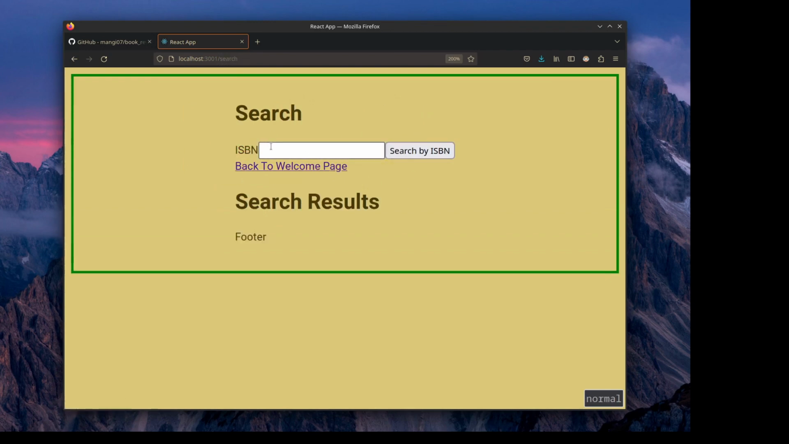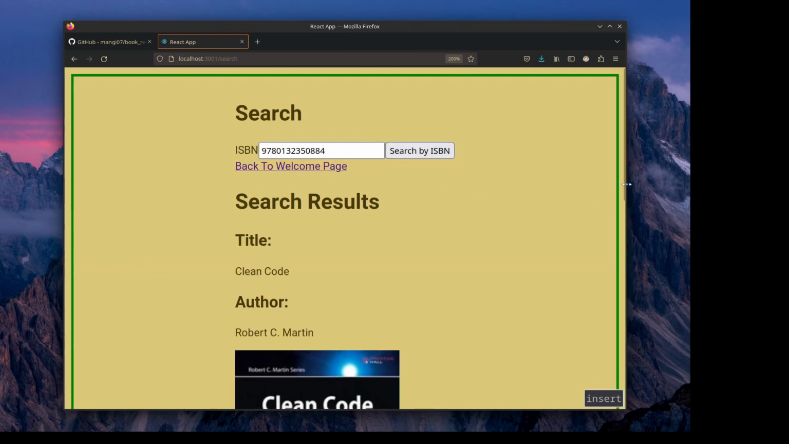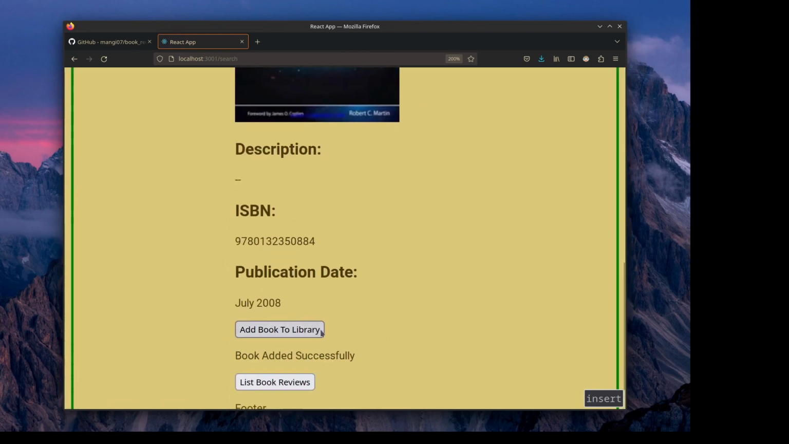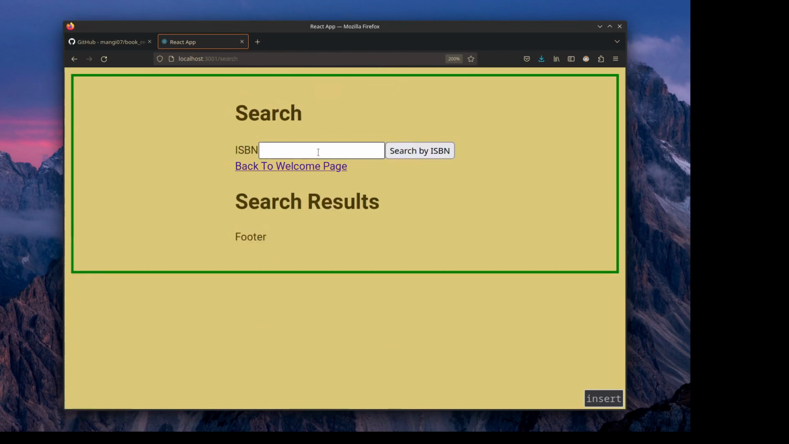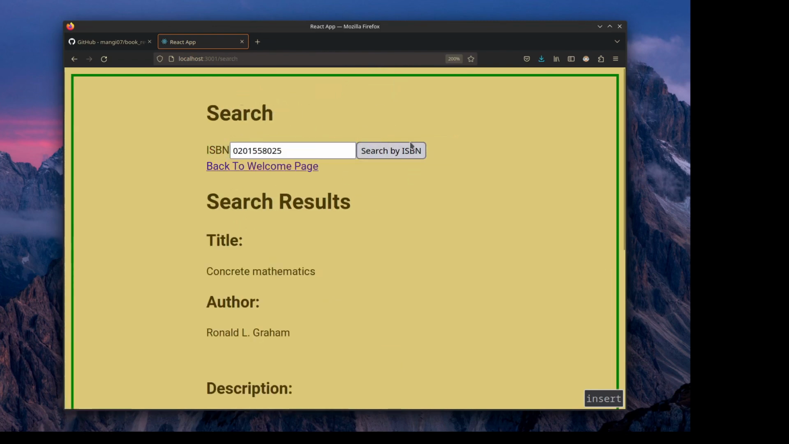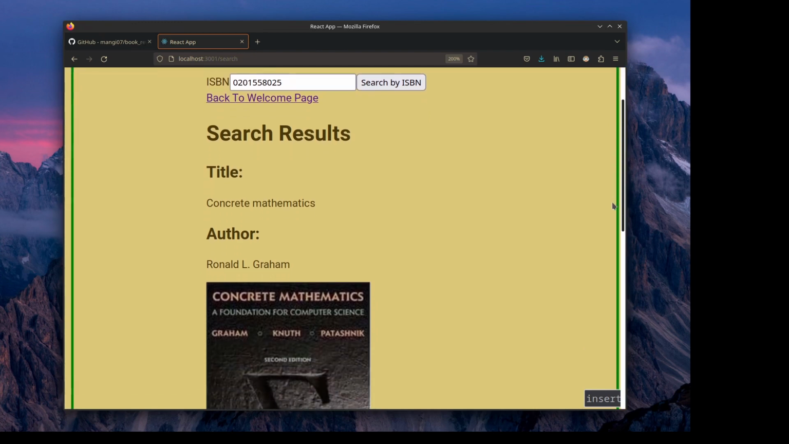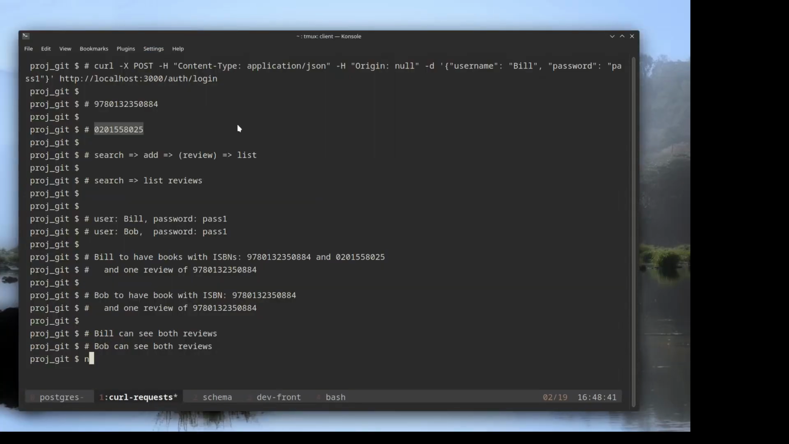Go through the same process. And we can add this book by the ISBN number, add it to his library. Great. Let's go back and search again. Basically, users can see each other's reviews. Let's have him review the same one that